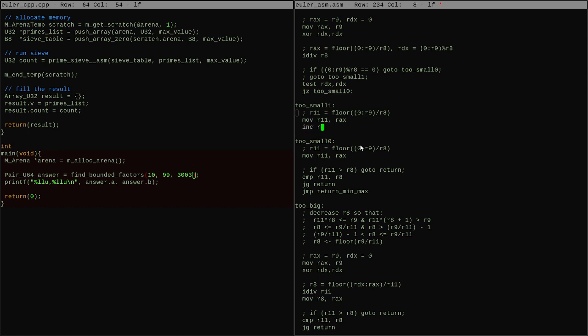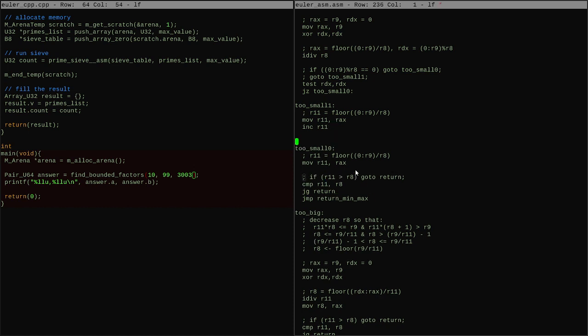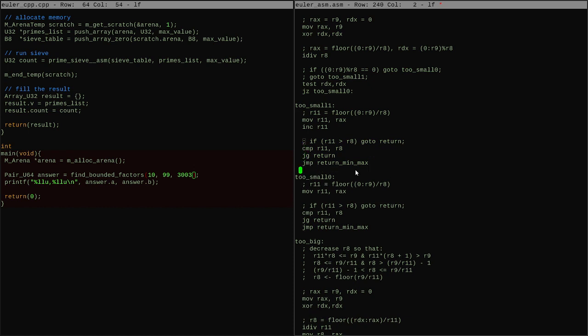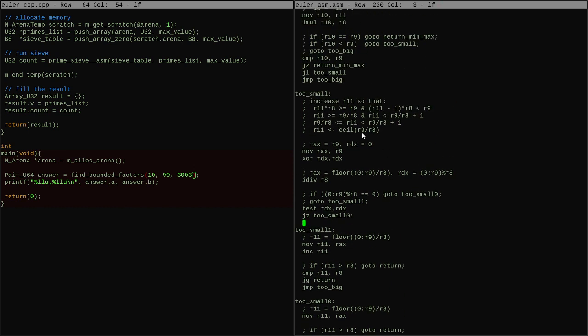To inc R11 because it's got a remainder of non-zero. And then we want to test. And there we go, so this looks pretty tidy. And so if R11 went too big, we jump out. Otherwise, we go to the too big case because we know that it's not a clean divide. Let me double check my logic here, but I'm pretty sure, yeah, if there's a remainder, then